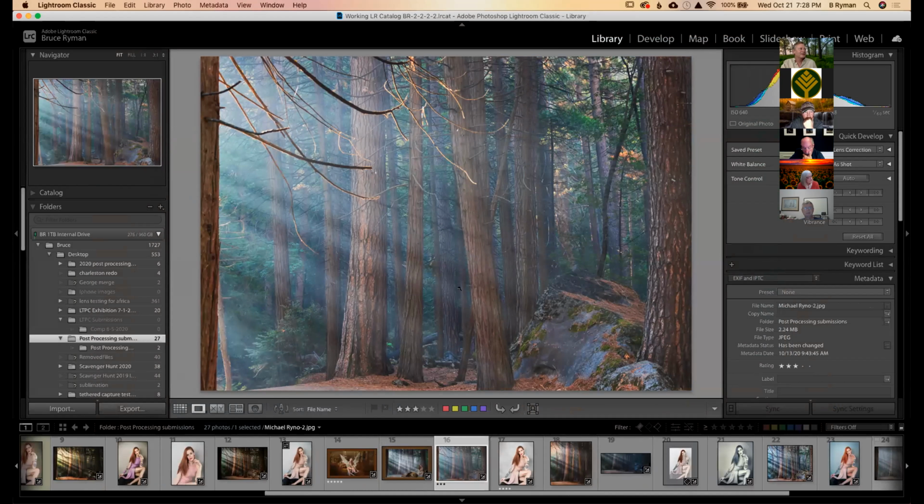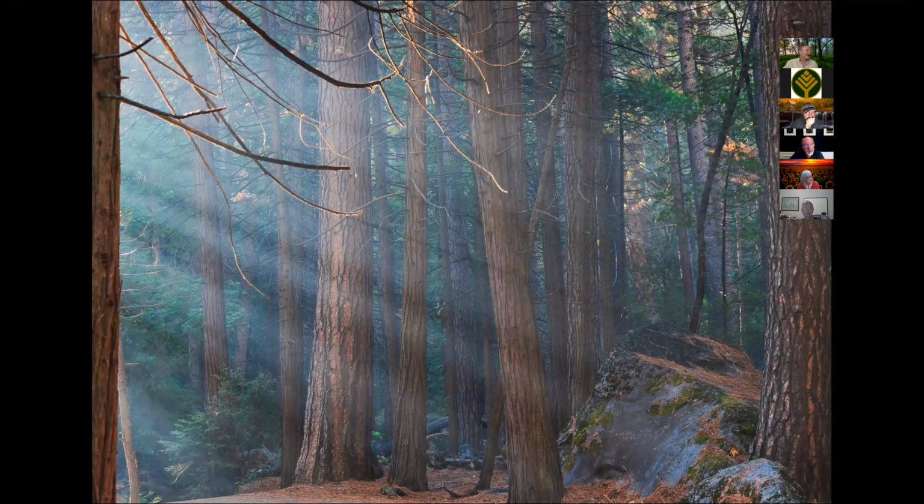This is Michael's. Mine's going to be pretty boring compared to that last one and the last few. All I did was my normal processing. I did do a little bit of cropping, kind of to Darren's point earlier. He talked about using that right tree to frame it, so I cropped it in a little bit so that it ended there with that tree. And I did the same thing with the left one.